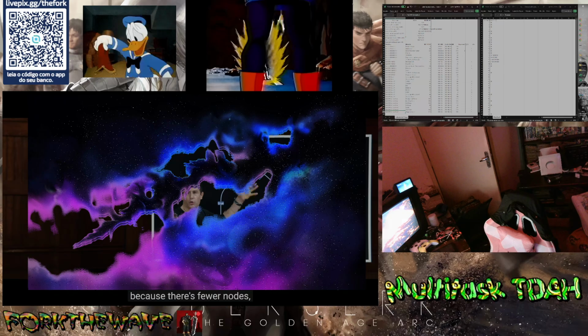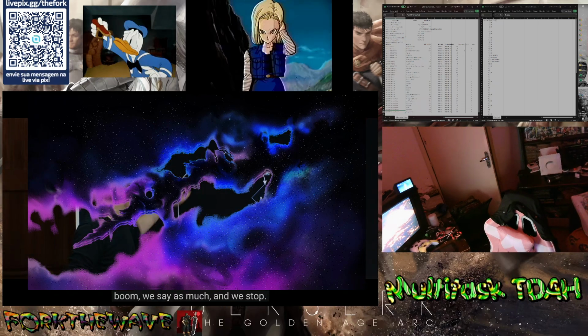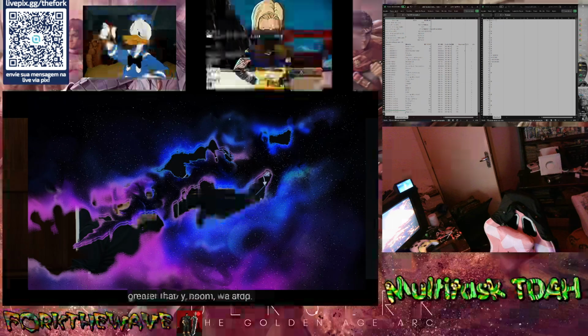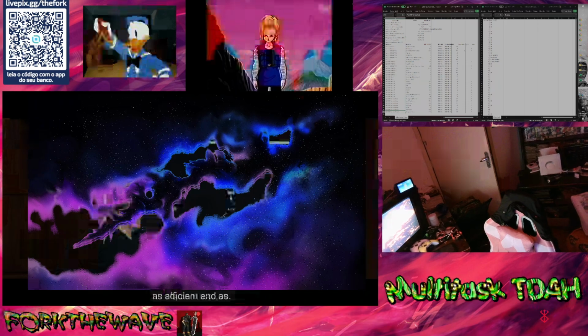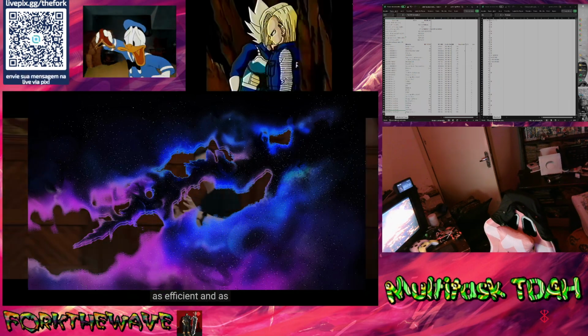This is the same picture. It's got a bigger difference. Fewer nodes, fewer shapes in the picture. Notice that if x is less than y, boom, we say it's less than and we stop. If x is not less than y, but it's greater than y, boom, we stop. Or if it's not greater than, then we immediately conclude x indeed is equal to y, and again we stop. So this picture is about as efficient and as well designed as you can make our logic. That's about as good as we can solve this problem.